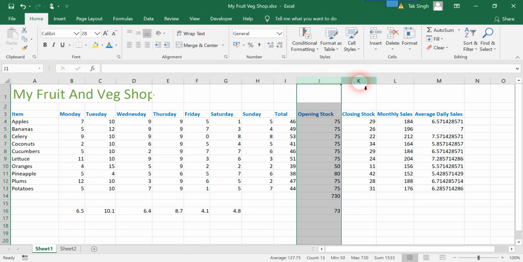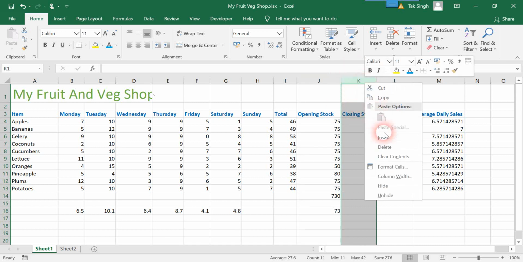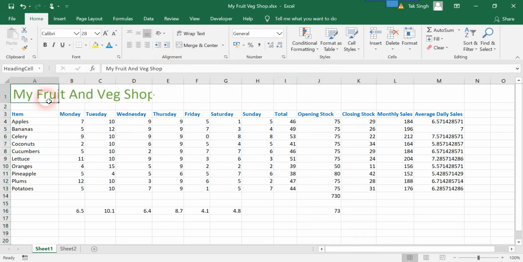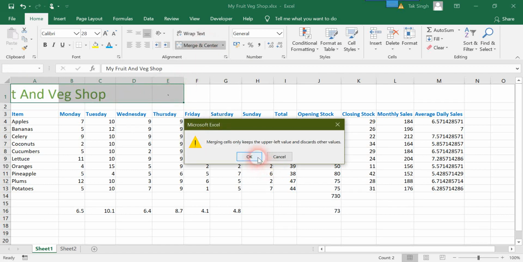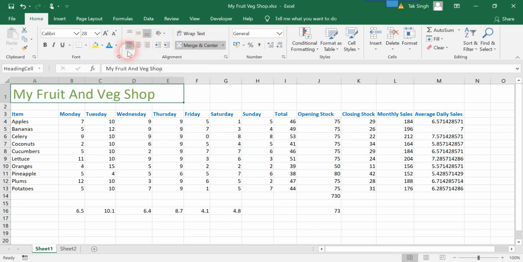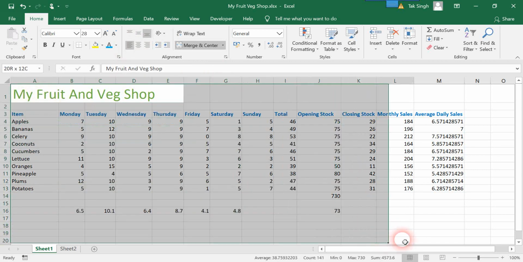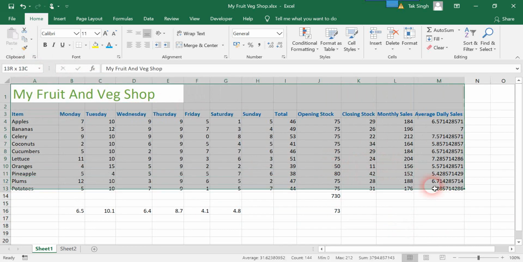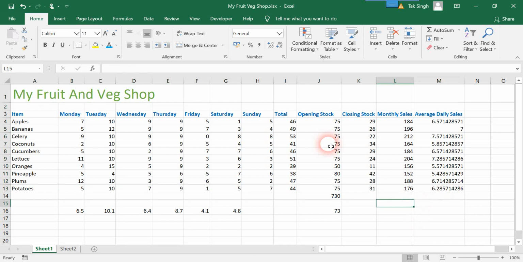to before column K, where we performed the paste of the cut cells, and we will quickly again merge it, okay, and we will left align our heading. So we are back to our normal data set with everything as it was, fine and nice, and we have also moved a column.